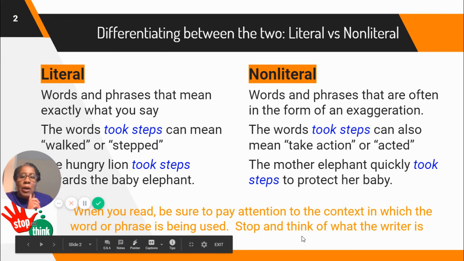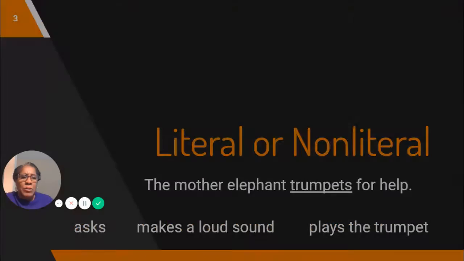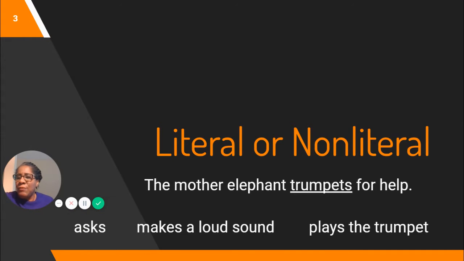Okay, so again, a good rule of thumb is whenever you're reading, visualize exactly what the author is telling you. Visualize what's going on in the text, and then ask yourself, does that make sense in the literal sense? Is that exactly what's happening here? Or is the author using figurative language, okay, to present the information? Again, they do that for the purpose of creating an impact to the story, making it more interesting or funny. And as I said, we'll see a lot of figurative language when we read